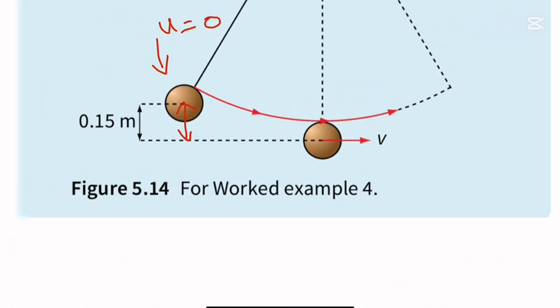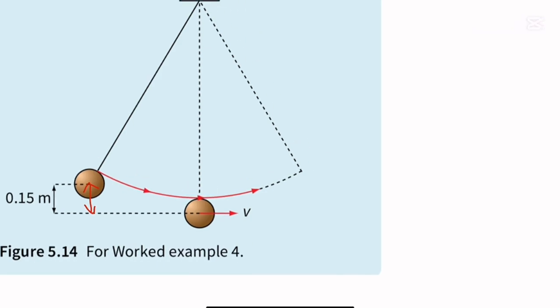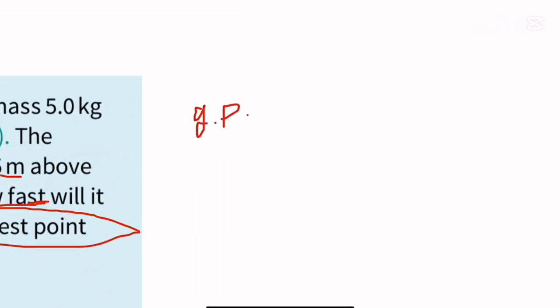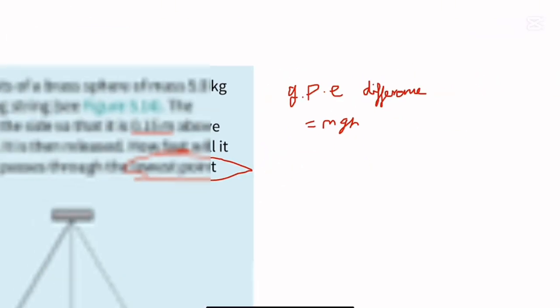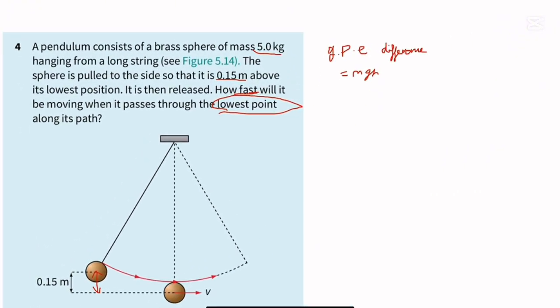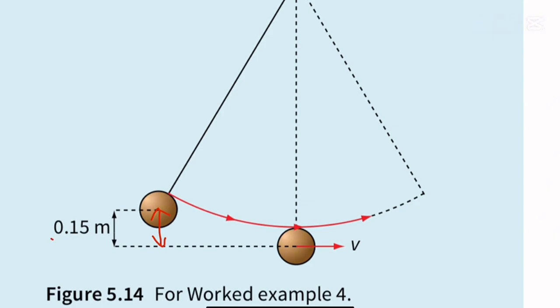So how to find the GPE difference. We already have this, right? So the GPE difference is going to be mgh. What's the mass? A mass of 5 kilograms, right? I'll use 9.81, and the height I have to use 0.15. I'll say that is delta h. So yes,